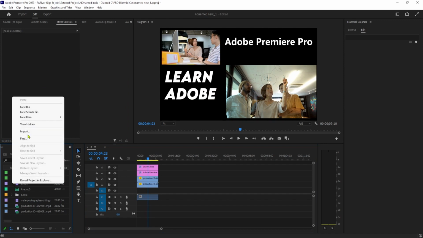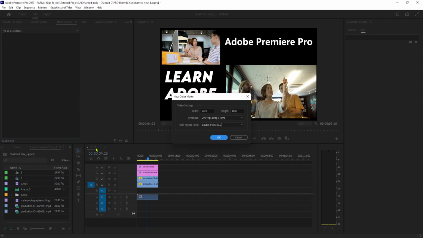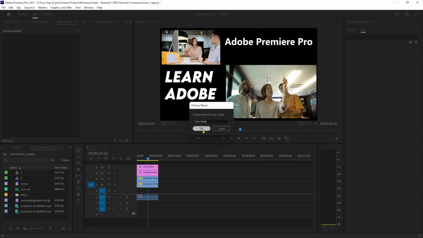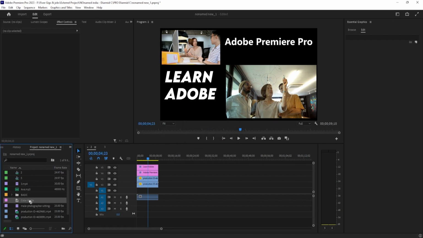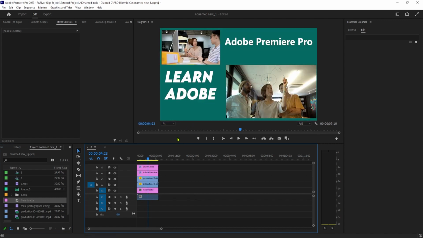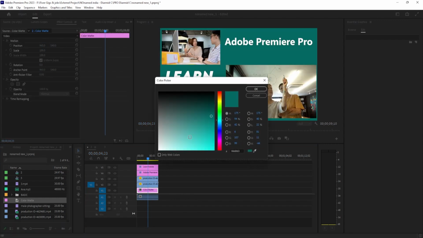To do this, right-click in the project panel and go to New Item, Color Matte. You can just hit OK in the pop-up since the resolution should already match your timeline. Now simply use the color picker tool to find the color you like and press OK. Give your colored background a name if you want. I'll just put blue background, and once you hit OK,